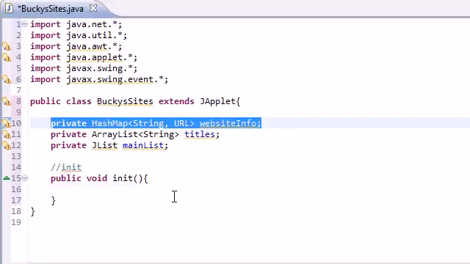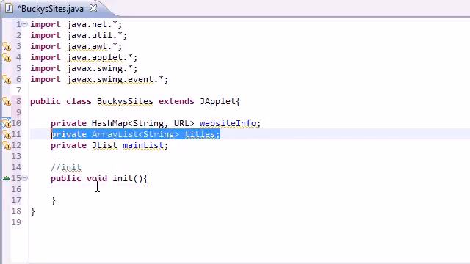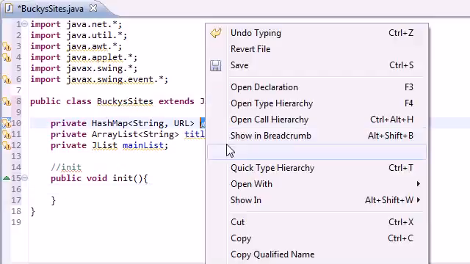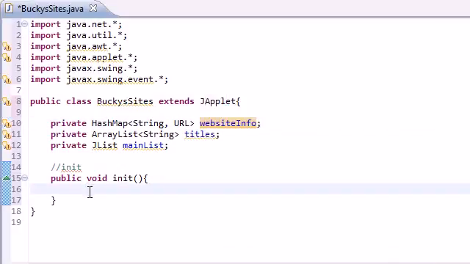Of course, the first thing we need to do is, now that we pretty much said, okay, Java, we're going to make a hash map and an array list, we might as well go ahead and make them in our init method, since we're always true to our promises. So this one was named website info. Let me just go ahead and copy that. So website info equals new hash map,